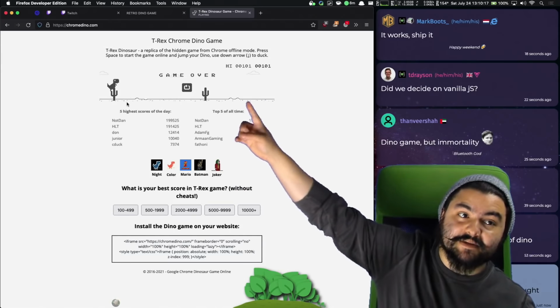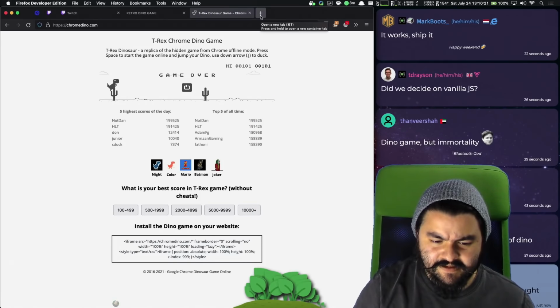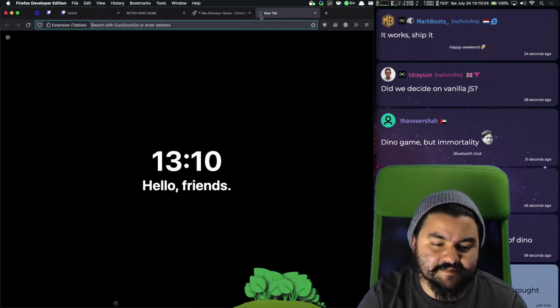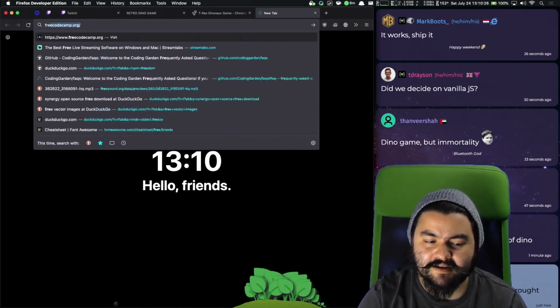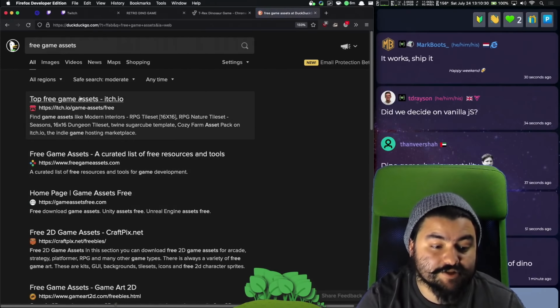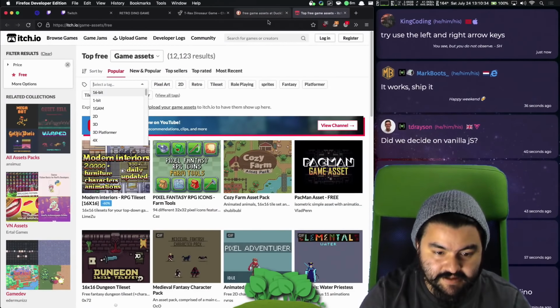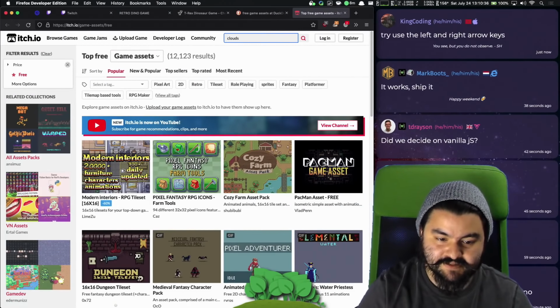First of all, let's get some clouds. Let's get some clouds moving in the background. And I need some game assets. There's a website that has like free game assets. Itch, that's the one. Of course, you credit the author, but if I just search for like clouds, pixel clouds,